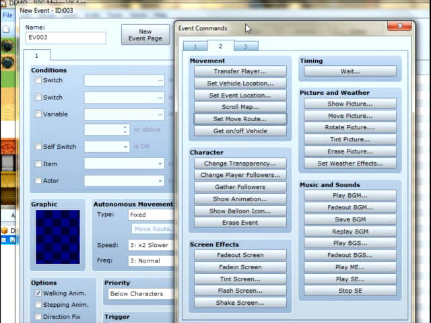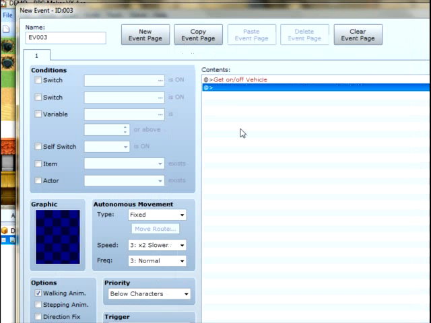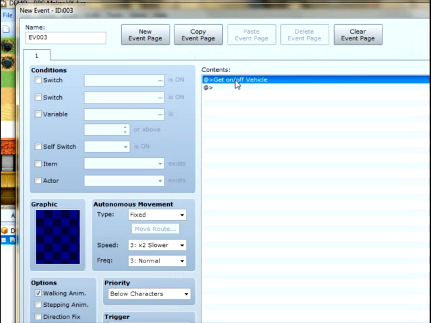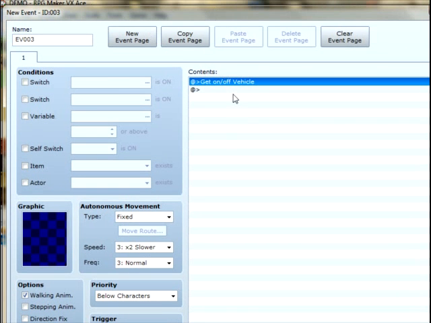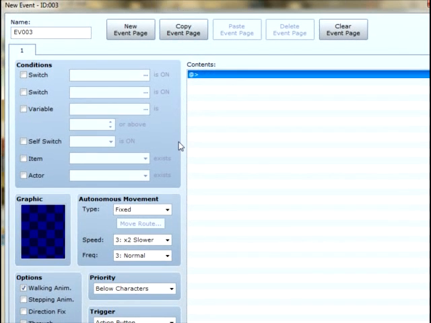Now the final actual tab here is get on and off vehicle. Now you can see there's no way you can find out more information about this, but it's basically, as it sounds, getting a player to go on or off a vehicle if you want them to stop at a certain bit. And so we've covered all the tabs, but now the last thing I wanted to move on to was